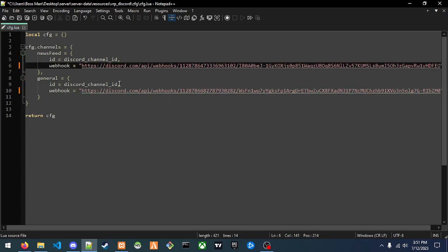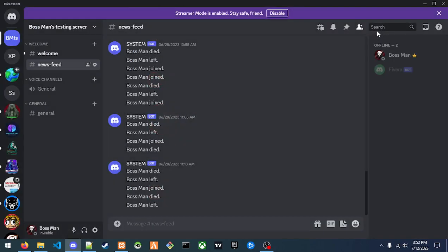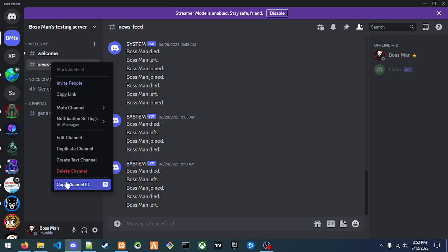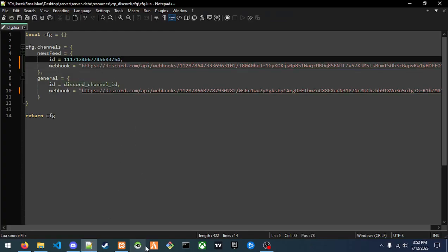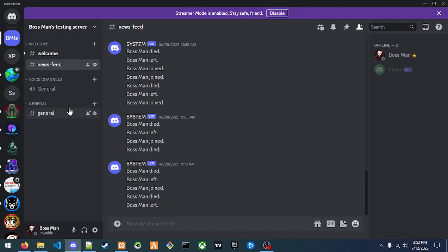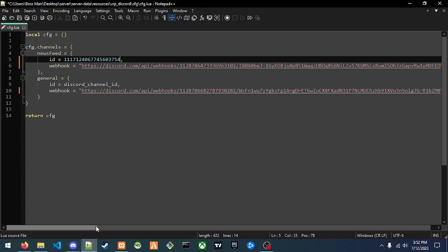And once you add the webhooks in, you can go back to your Discord and you can escape out, and whatever channel you are using, you'll right click and copy channel ID. And you'll do that for however many you have set up. I only have the two. And once you have it set up,